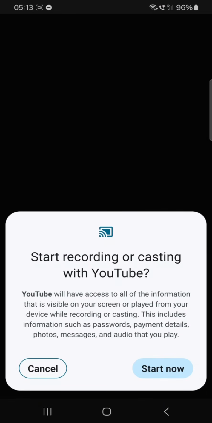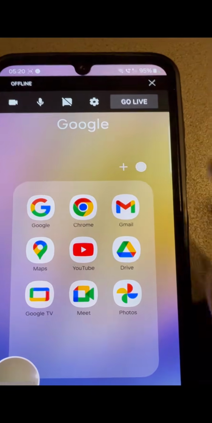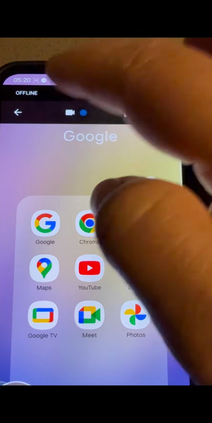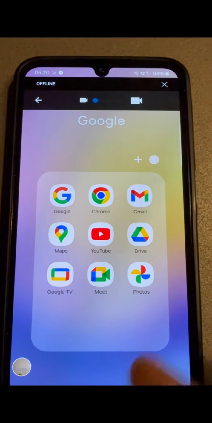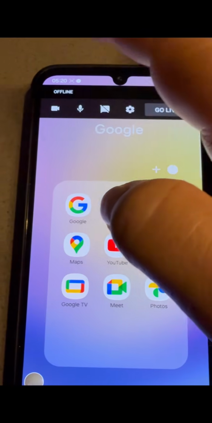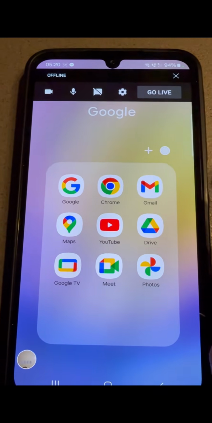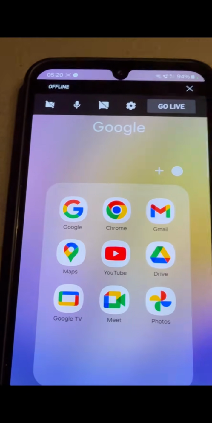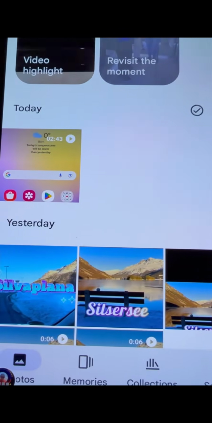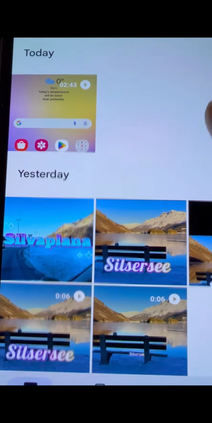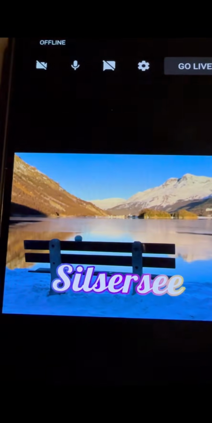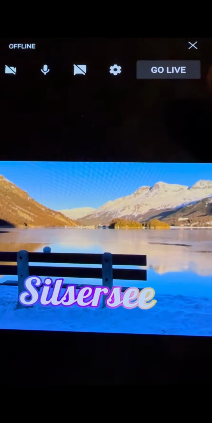And then start recording or cut. So next you have to go here and then make the video smaller, and then go back. Oops. And then I usually turn off the video, and then go to Google Photos, and then you can choose the videos that you want to share. For example, just here, click, and then just turn off then the go live.